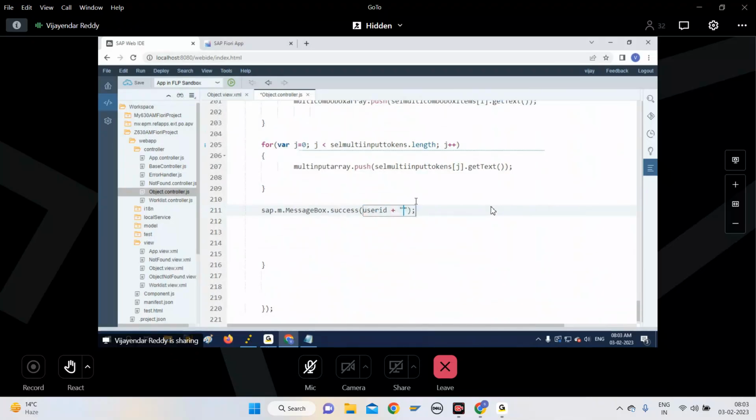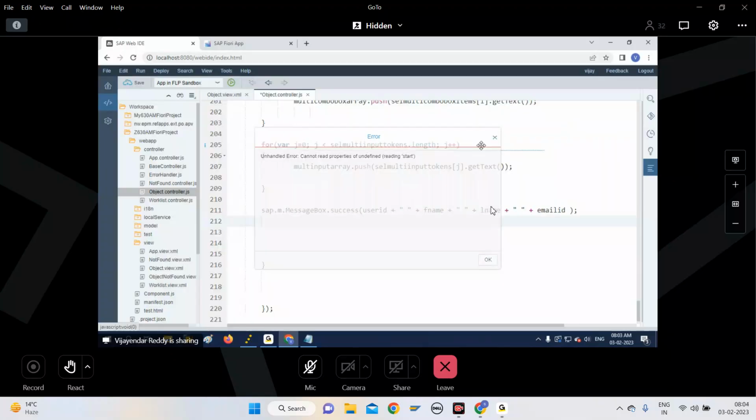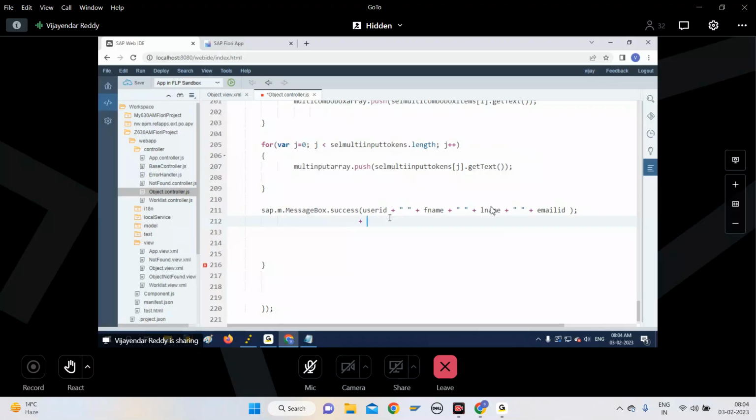User ID plus, let me give some space, plus fName, plus give some space, and let us print lName, space, then email ID, plus, you can use plus here, plus, you can give some empty space, and after email ID, you can print country,